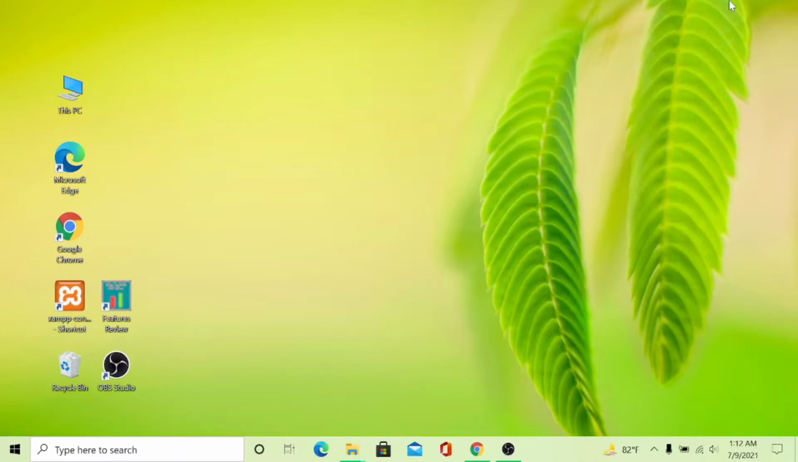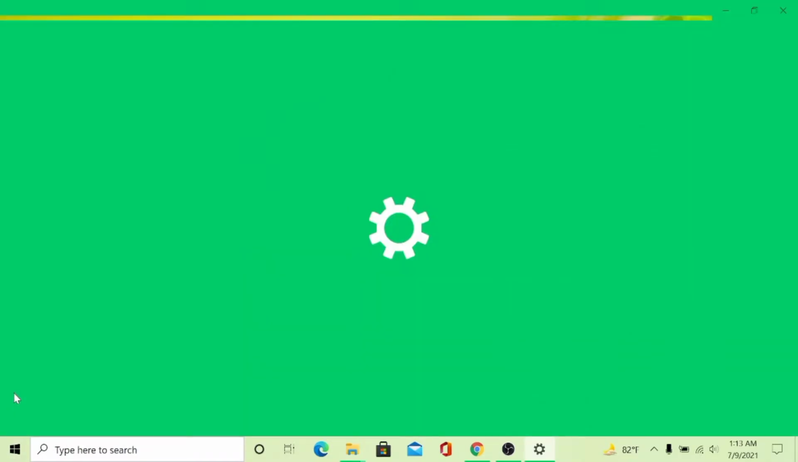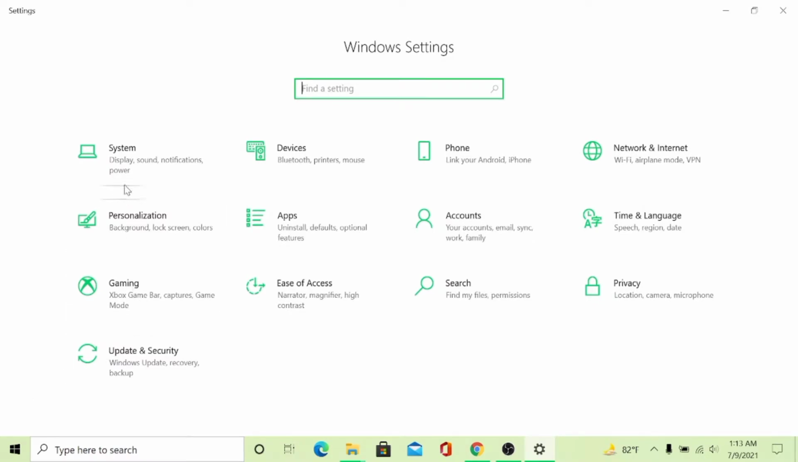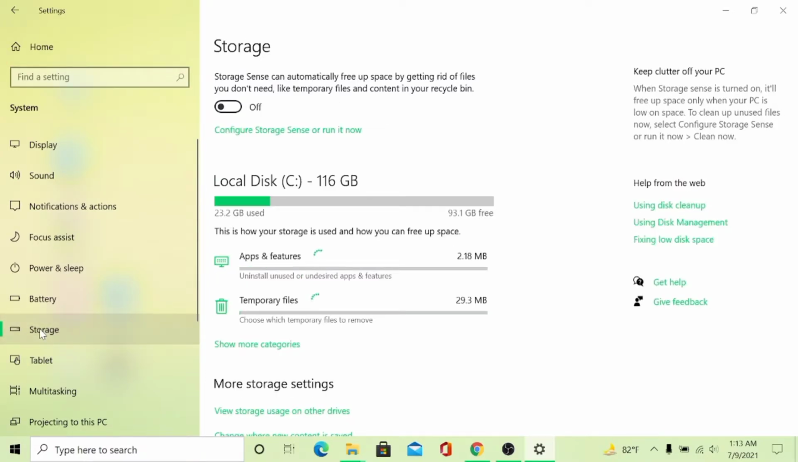To change the default storage location in your Windows 10, you have to go to the settings. Okay, I'm going to settings. Okay, then go to system. In the left side you can see storage. Click here